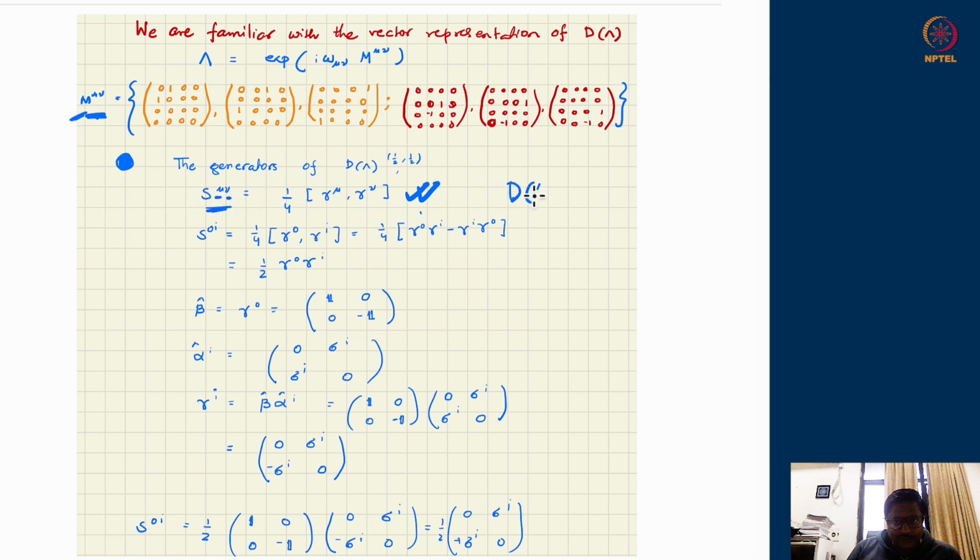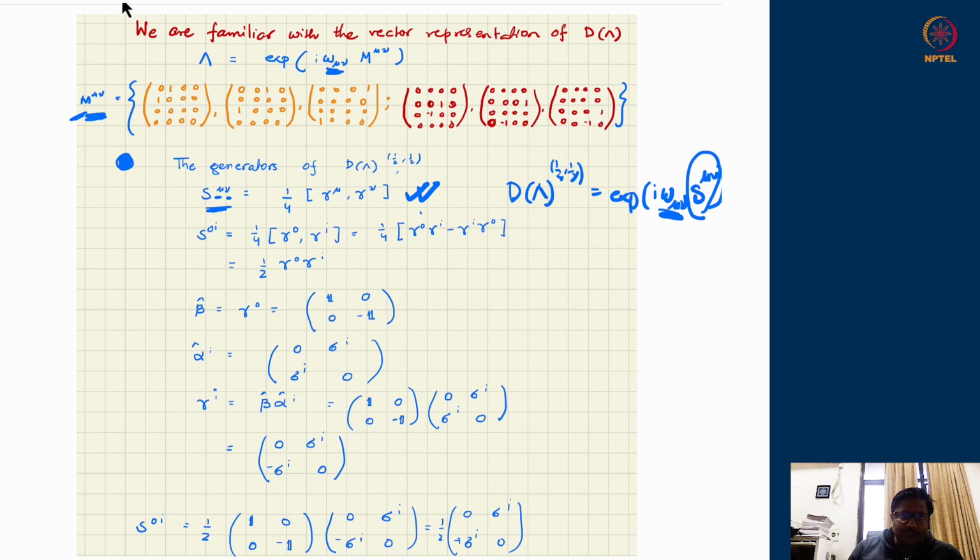The D lambda half matrix will be obtainable from the exponential of i omega mu nu, the same omega mu nu, rotation or boost, whatever amount I am doing. Then the generator will change, but the amount will not change. If I am doing a rotation by 30 degrees, the parameter will take the value 30 degrees. But what matrix does the 30 degree change depends upon which representation I am talking about. So in spinors, this S mu nu will sit. In vectors, M mu nu will sit. In function space, as we saw, there was this X cross P kind of operator which was sitting.